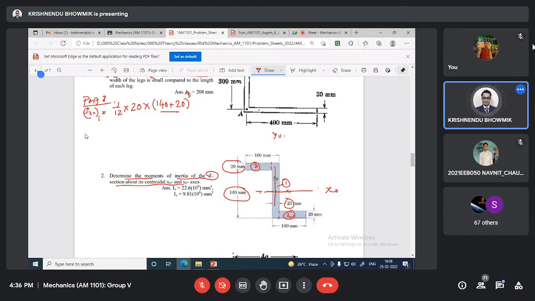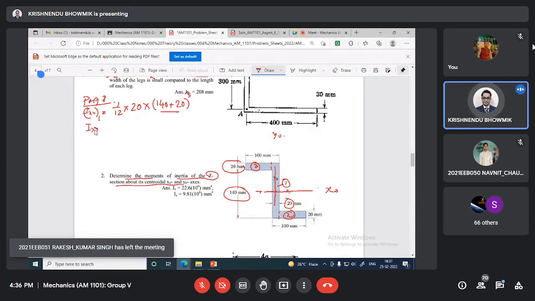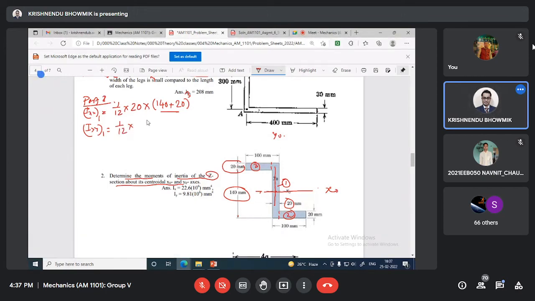So Iyy1 will be 1 by 12 multiplied by base 140 plus 20, multiplied by 20 cube. This is in millimeter to the power 4. So this is Ixx and Iyy for part 1, and it is located at the centroid itself. Now for